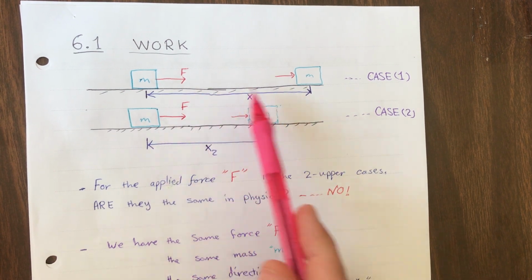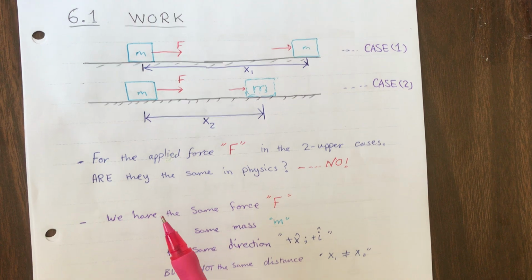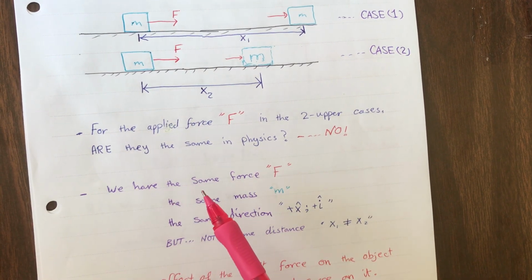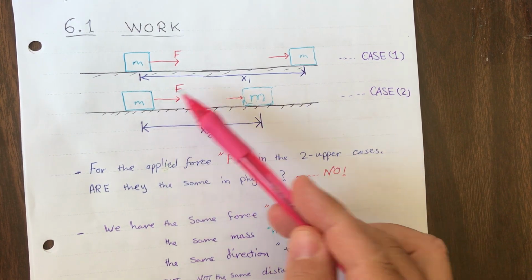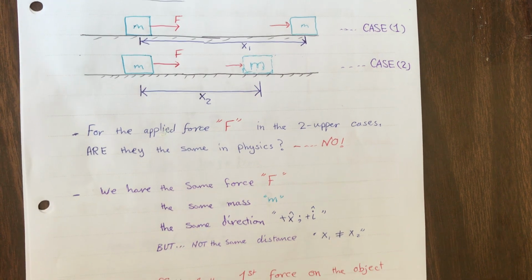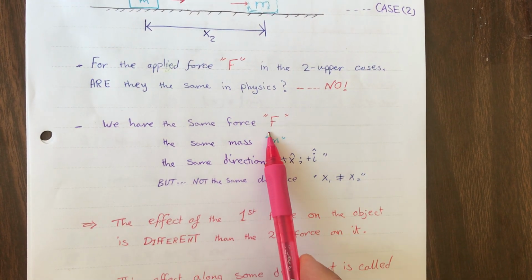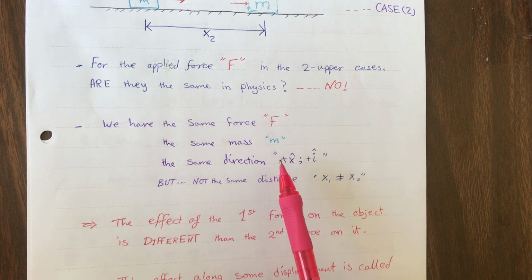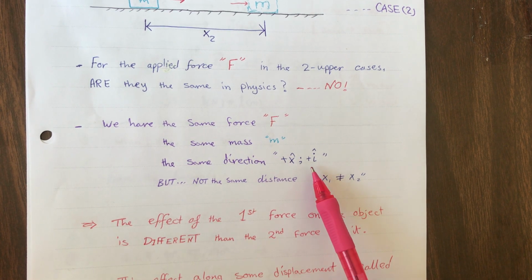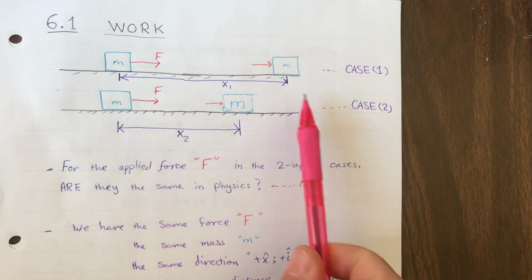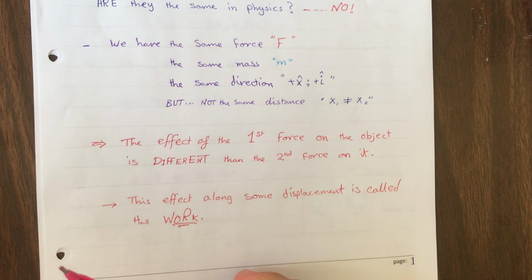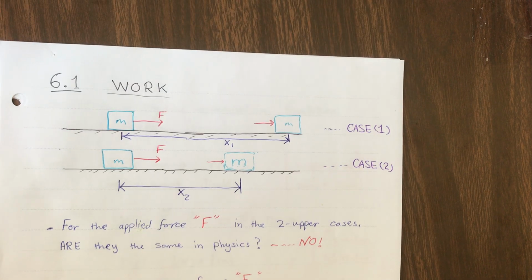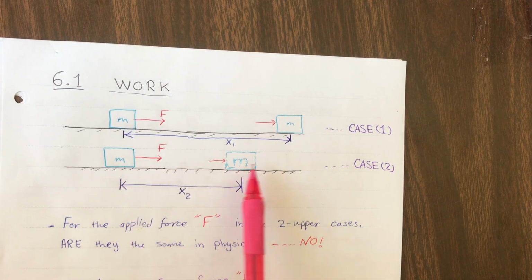We have a difference between the distances. For this applied force, these two cases are the same, but the distance is different. If we take the force the same in two cases, the mass is the same, and the direction of motion is to the positive x-axis, but the displacements are not the same. Can we say in physics that these two cases are the same? Absolutely not, because we have different